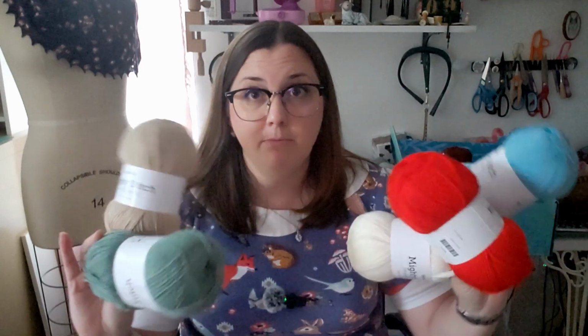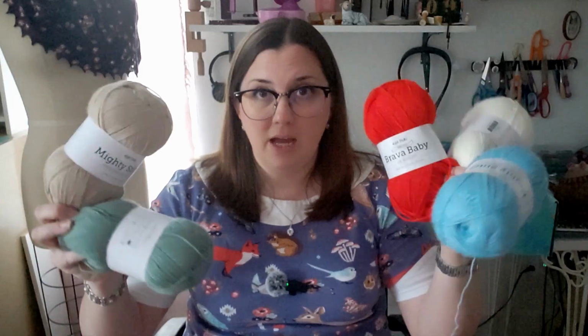One of the yarns that I really wanted to get into heavier because they had so many colors available is Knit Picks Mighty Stitch Fingering. So I have used Mighty Stitch before. It is a 100% anti-pill acrylic yarn, and I've used this in the worsted weight before for some amigurumi, and it's really nice, and the colors were nice and saturated. It's very soft, holds up great. And so the fact that they had so many different colors available in fingering weight, and they were $2 each,